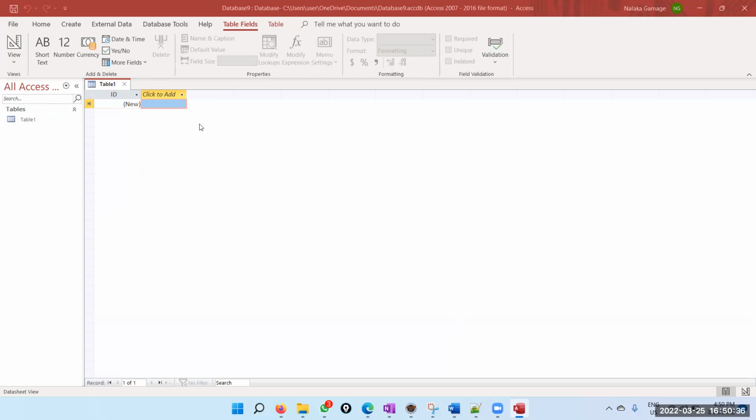Okay. So now we have, they have already created a table for you. So you have to do it practically. The first table, or the relation, they have already created. But they have not saved the table yet. So just click on the save button, and it will ask what name you want for the table. So let's call it